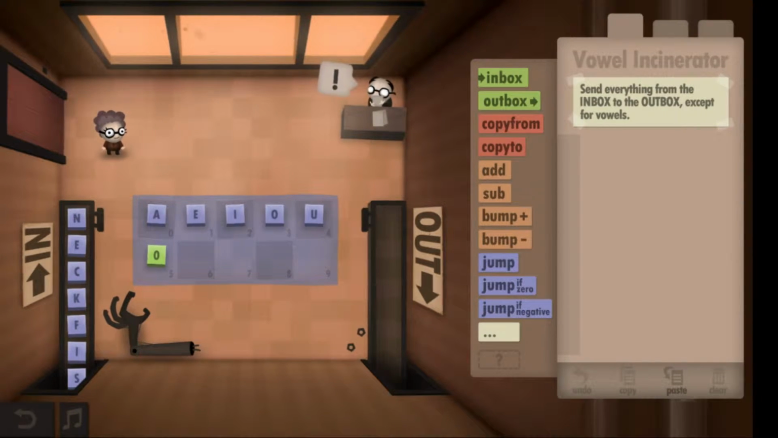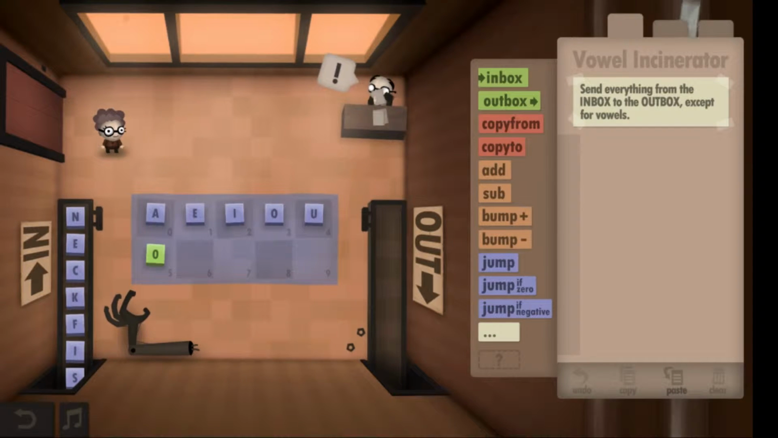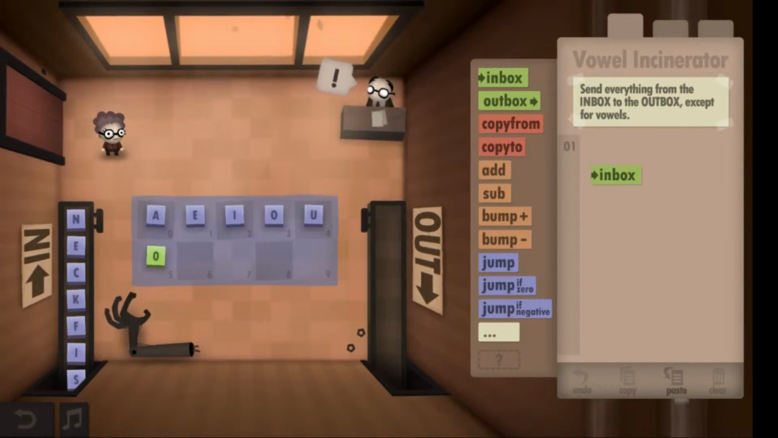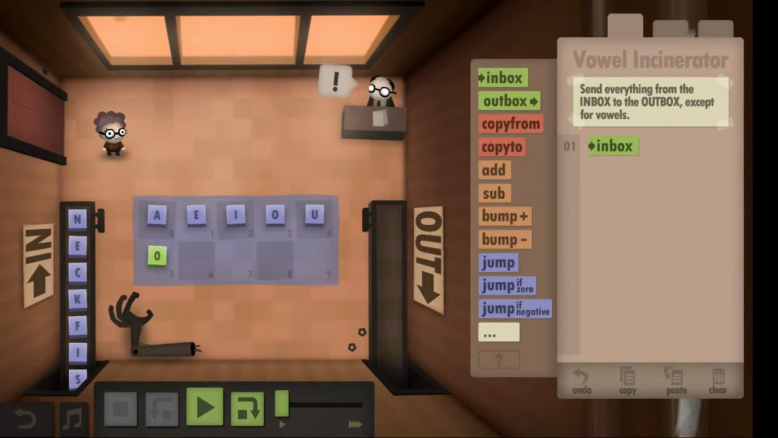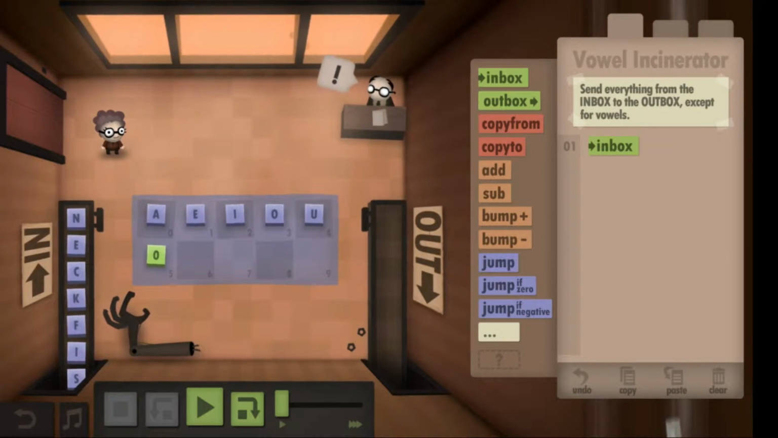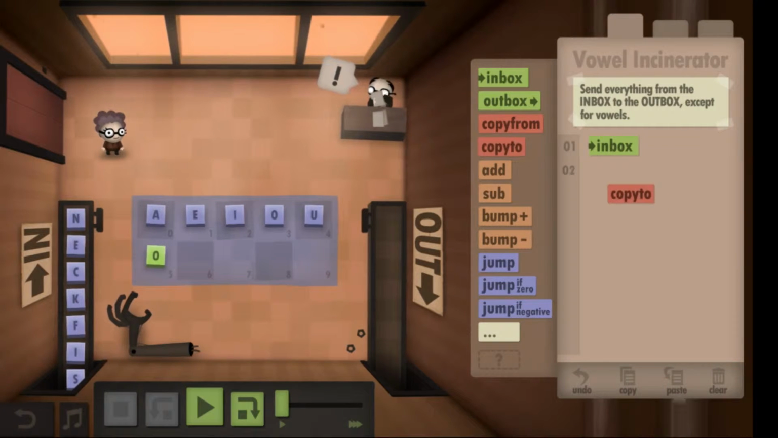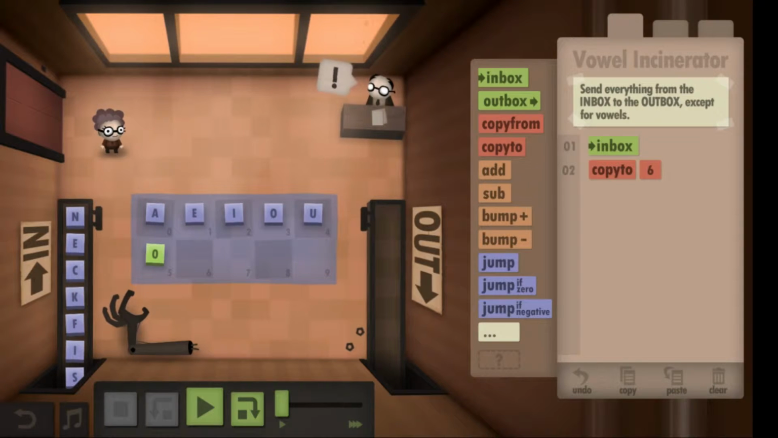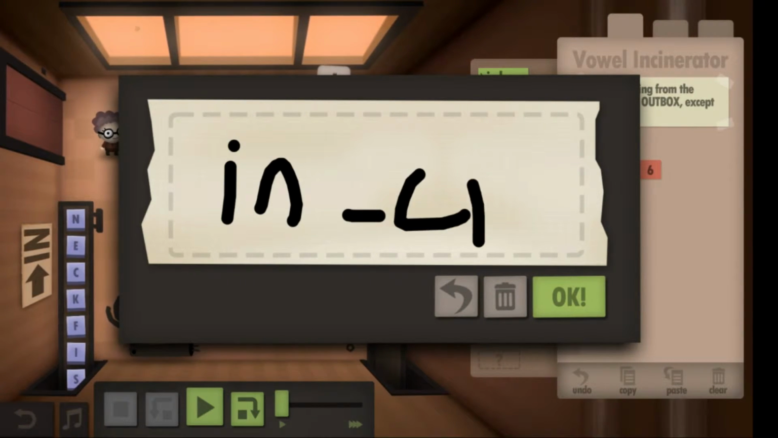Then if they're equal to each other, then I jump and I outbox whatever I'm holding. Otherwise, throw it away. So, first things first, we inbox whatever we're holding, and then we need to copy it somewhere, because when we do this subtraction, it's going to be a destructive operation. So we need to copy that to, we'll call it 6, and 6, we'll give that the name of in underscore